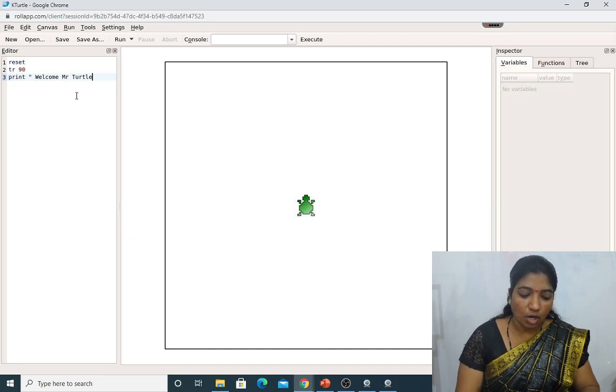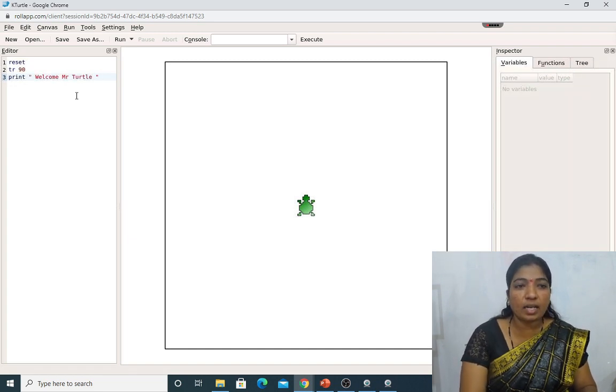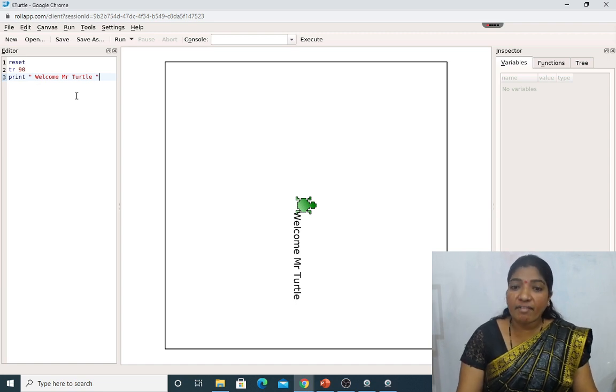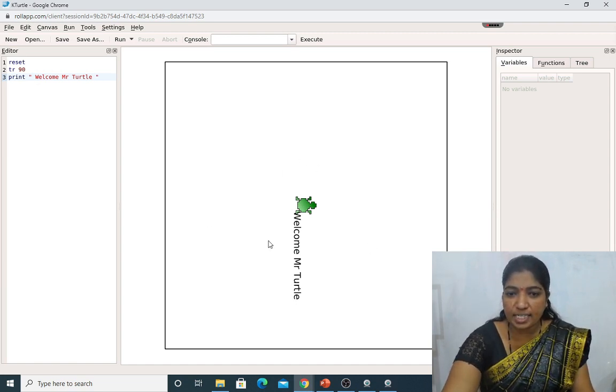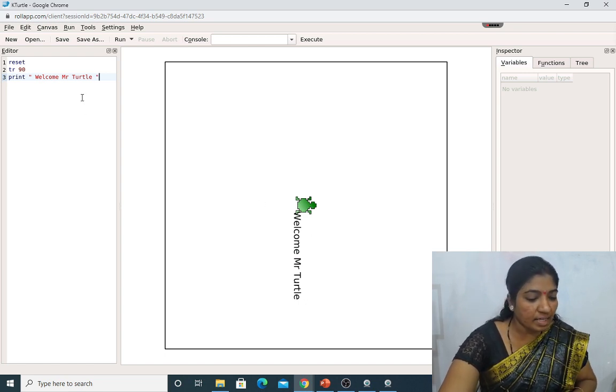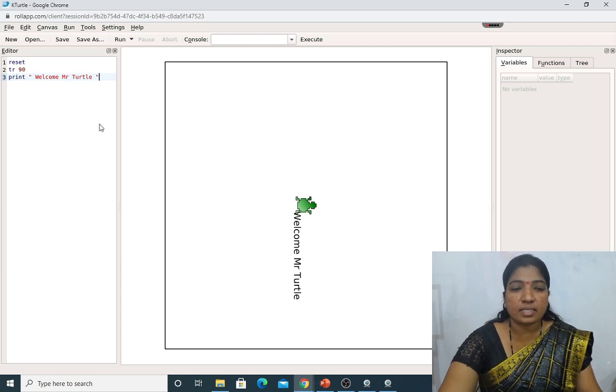After that, I will run it. What will it do? It will turn right. Notice it here, my dear students. It will turn 90 degrees to the right side of the KTurtle and then it will print welcome Mr. Turtle. This is nothing but turning the turtle and then writing the text.